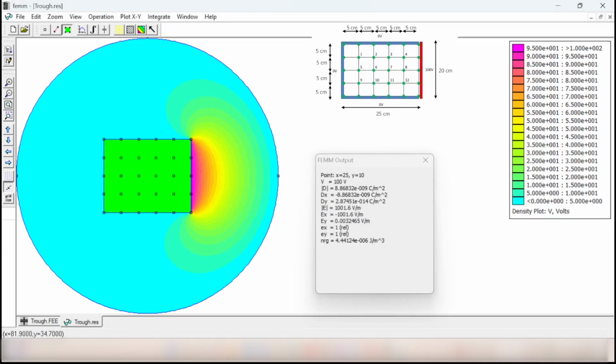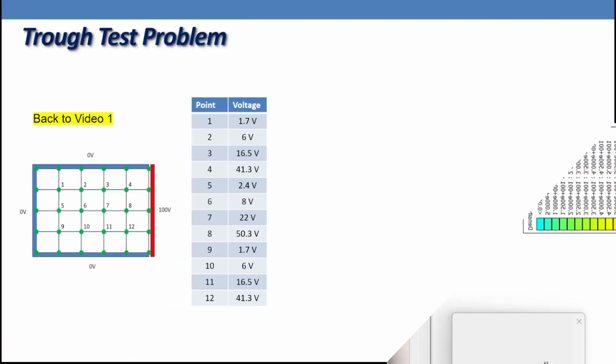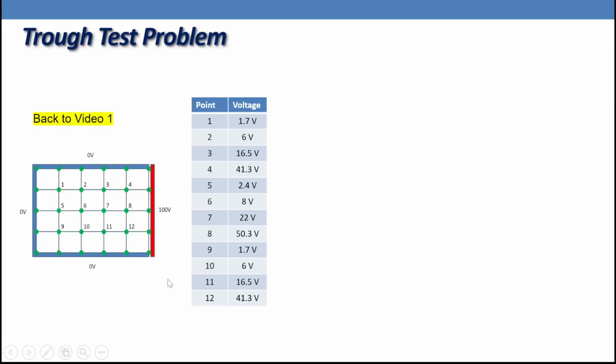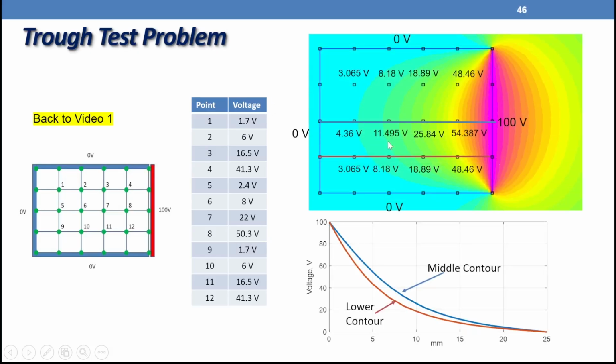So it's time now to return back to our slides to see the difference between the results from finite element analysis and our hand calculations. Let's go. If we return back to video number 1, we solved this problem using the finite difference method. For example, at point number 8, the voltage was 50.3 volts after 7 iterations. Point number 1 is 1.7 volts. What about the results from our FEMM software? For point number 8 it is 54.38 volts and point number 1 is 3.1 volts,